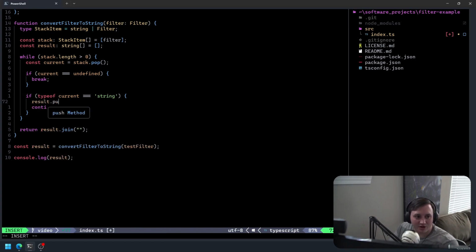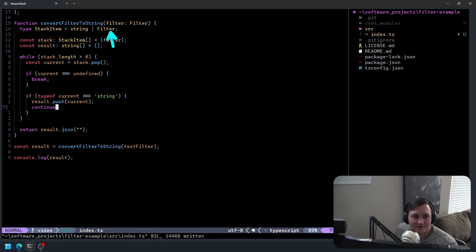So I'll say result.push, and we're going to say result.push current, just like that. And this is why the stack can be a filter or a string, because as we're processing through the nodes and the leaves of our tree, we're going to slowly push things